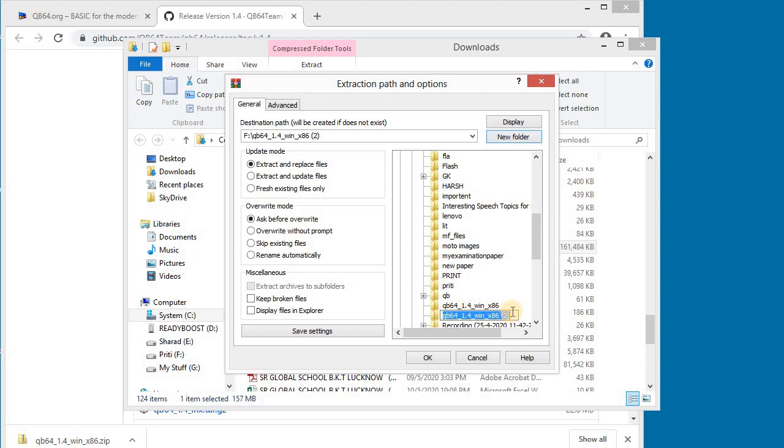Now we will rename the folder. We give the folder name QBasic and then press the OK button.